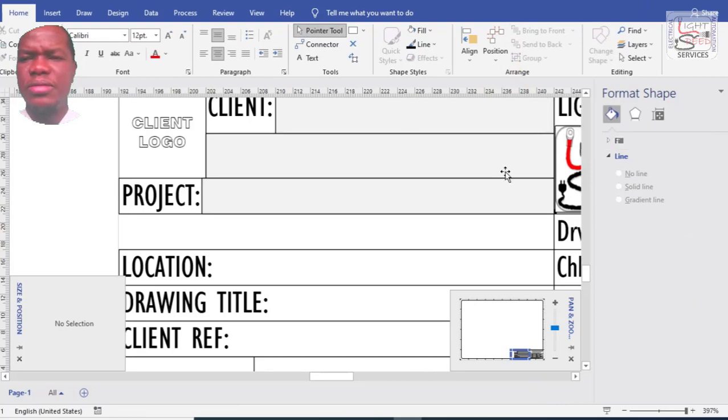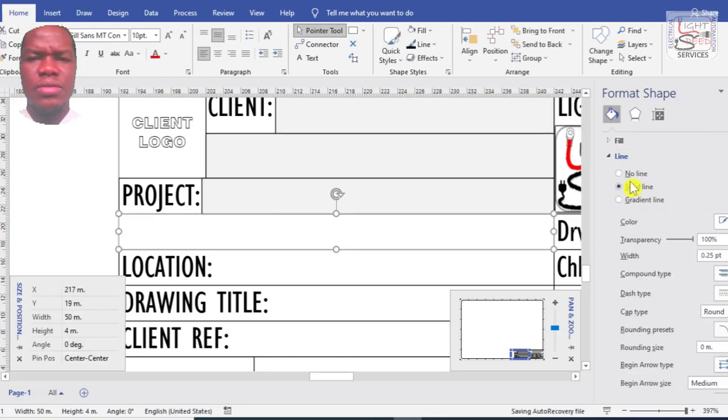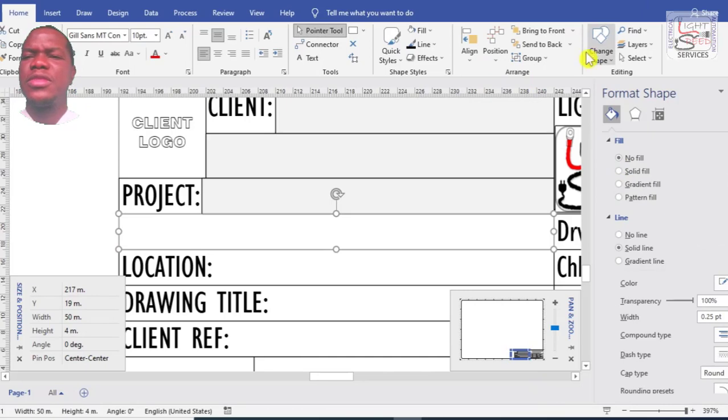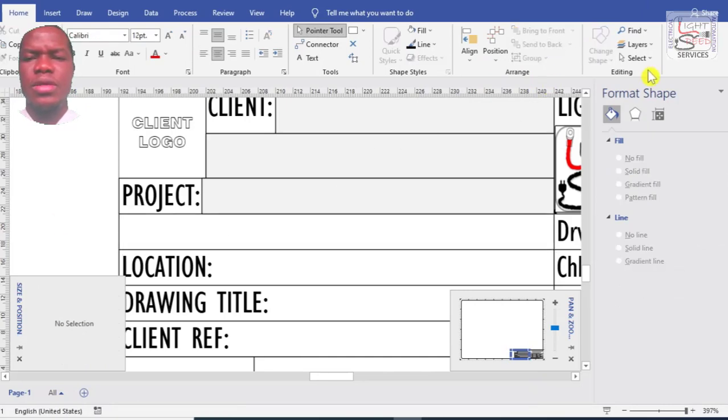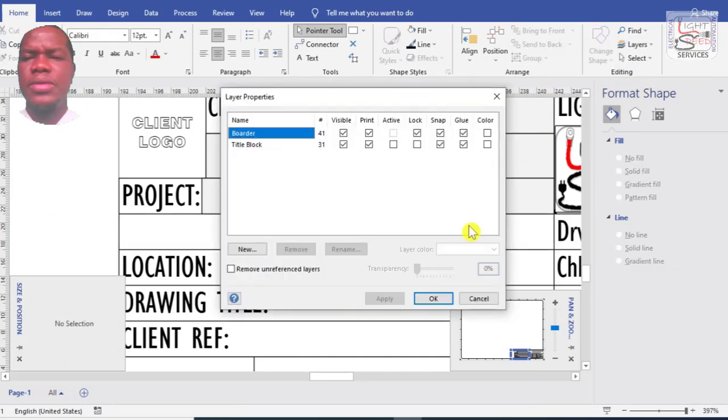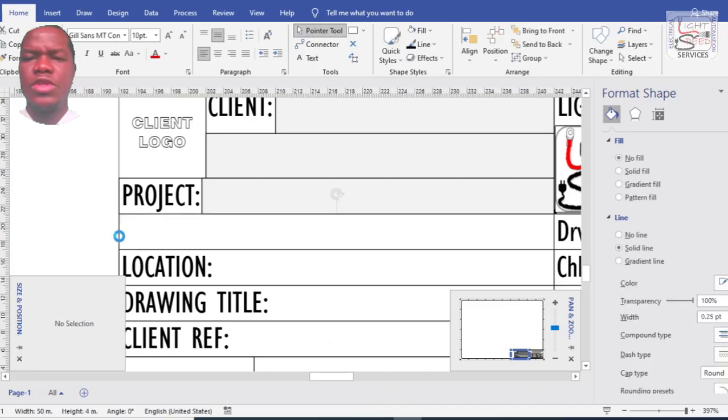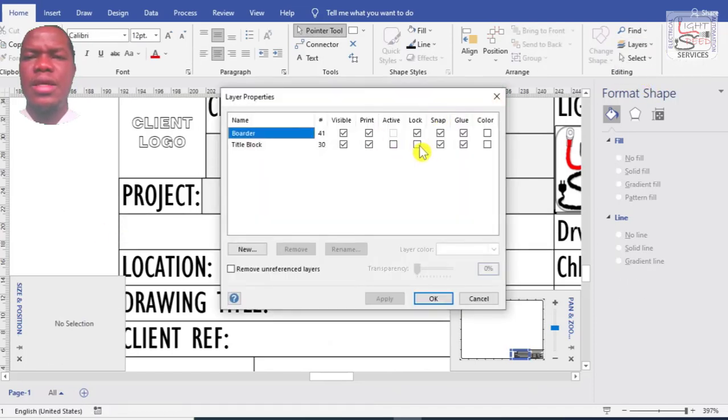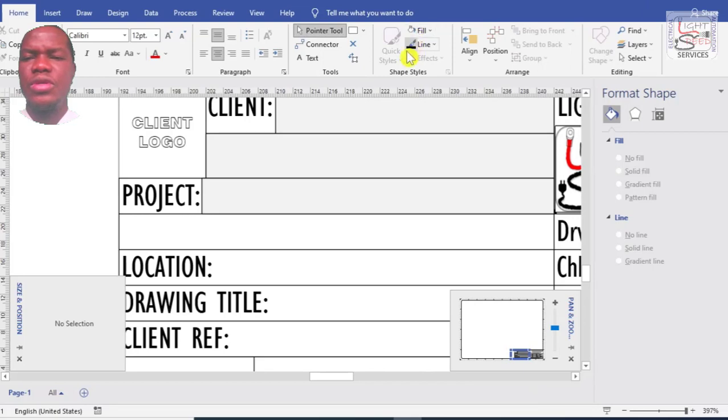Best thing is to remove it. No line. Yeah, that works. So lock once again and put your text box.